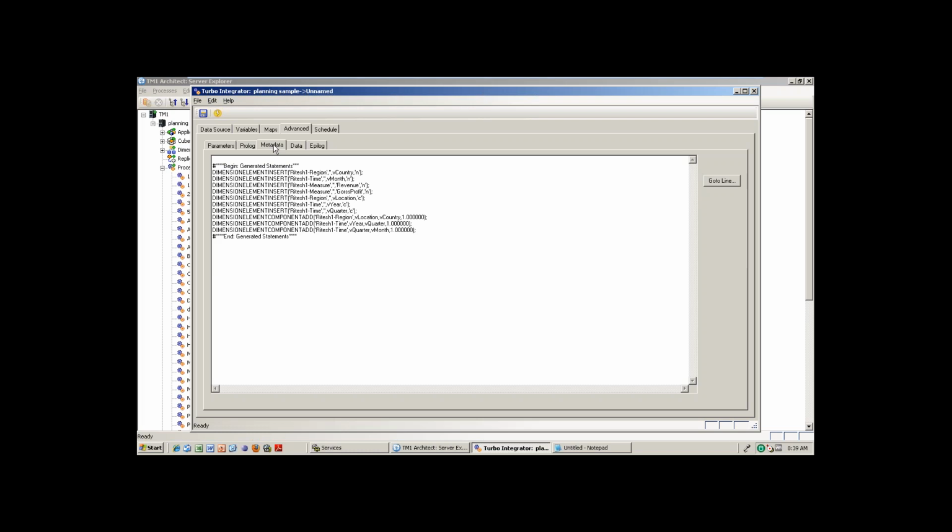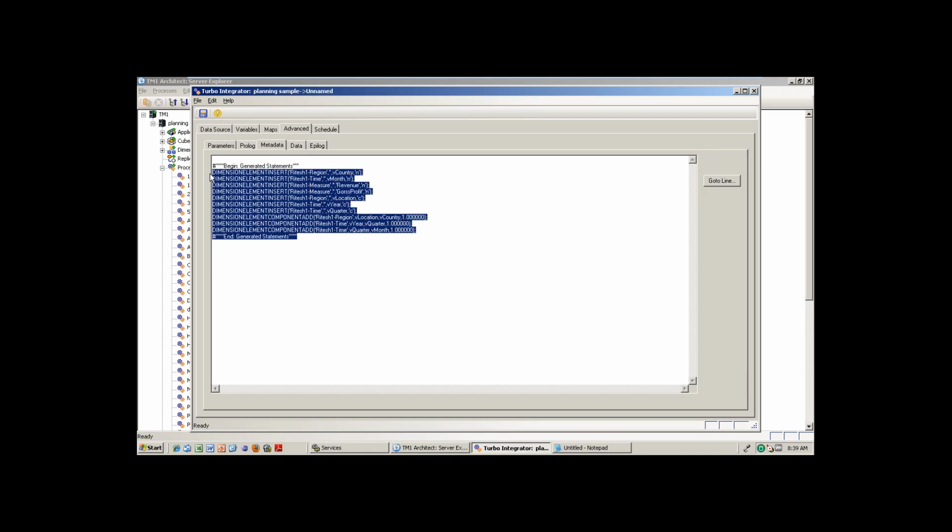And metadata means it will try to give you as per your suggestions. You map it, right? Okay. Region, children is country, month is children, revenue is children, or something like that. And year is the consolidation, quarter is the consolidation. And for year, quarter is the child, for quarter, month is the child. Whatever you mention in the mapping tab, it will be converted into the scripting of its own understandable format.